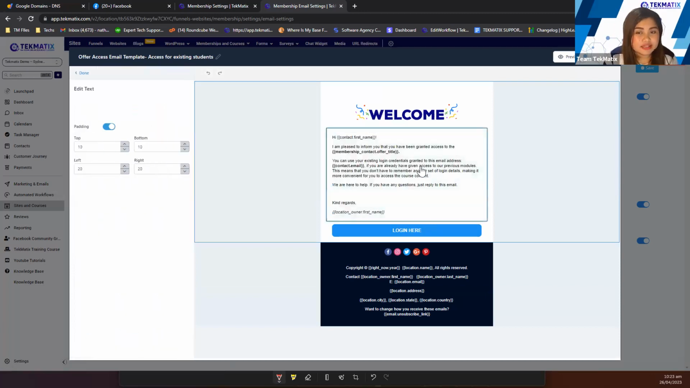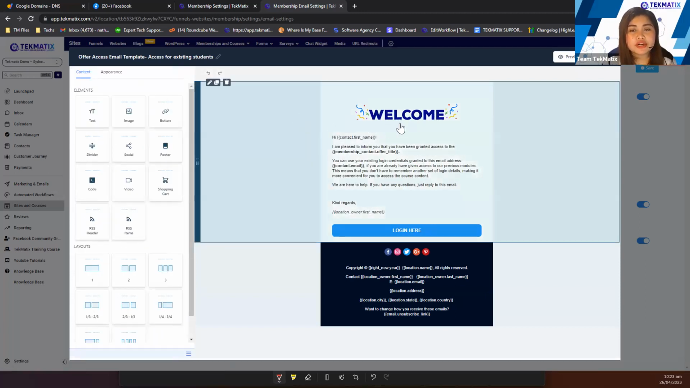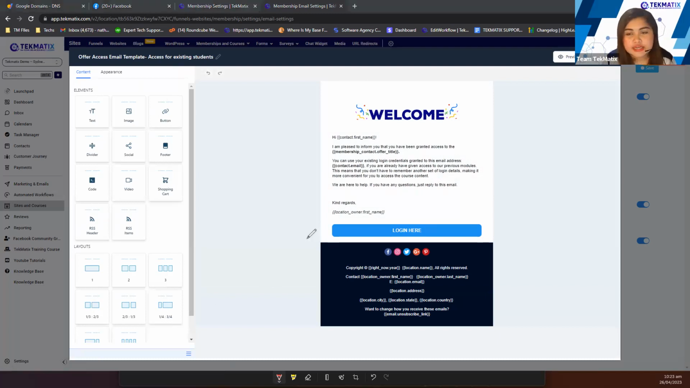You can definitely edit it too. What we have in here are the custom values. Let me just annotate. The custom values are membership contact offer title, which is the name of the offer you have for that course, and also contact email, which will be the email that they will use to log in. The text right here is saying that you can use the same login that we sent you,